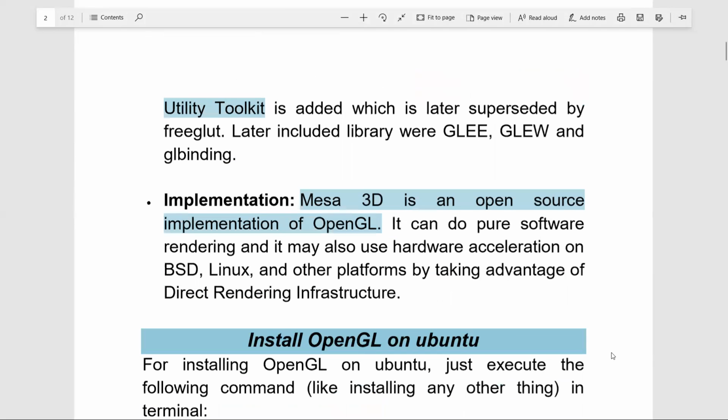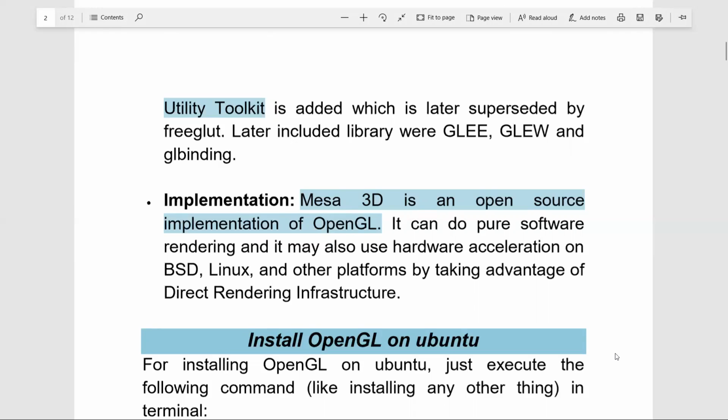It is able to do pure software rendering, and it may also use hardware acceleration on BSD platforms or Linux platforms or other platforms by using the direct rendering infrastructure.